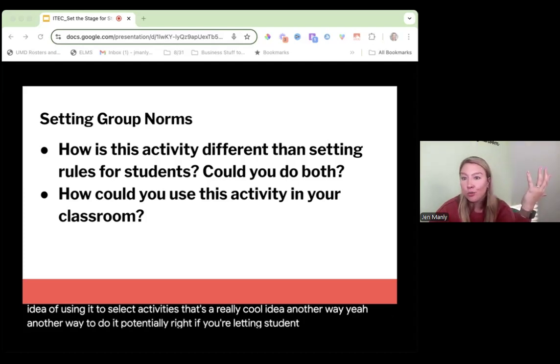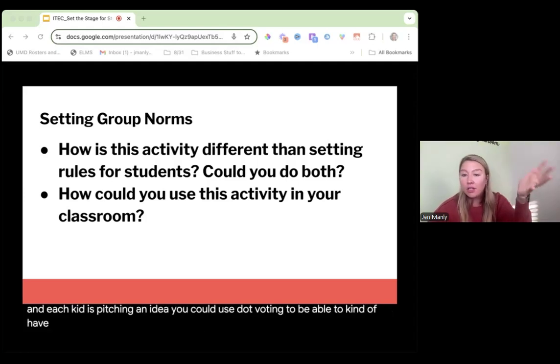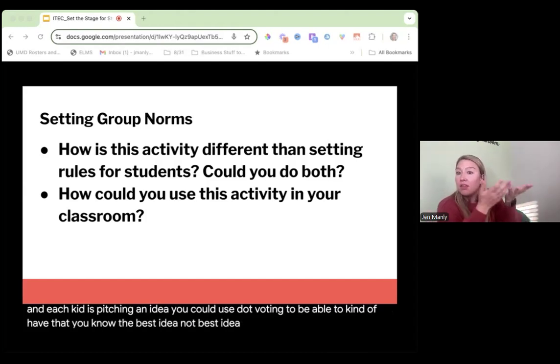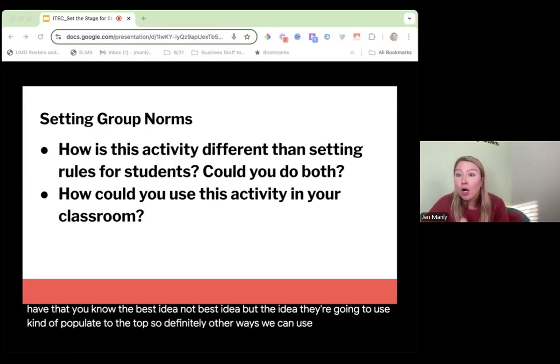If you're letting students do group projects and each kid is pitching an idea, you could use dot voting to be able to have the best idea, not best idea, but the idea they're going to use kind of populate to the top. So definitely other ways we can use different parts of this,